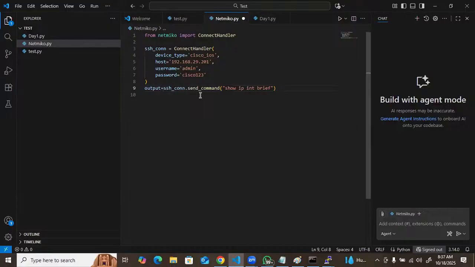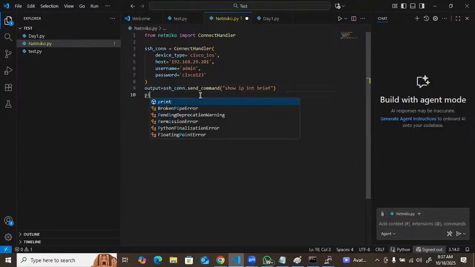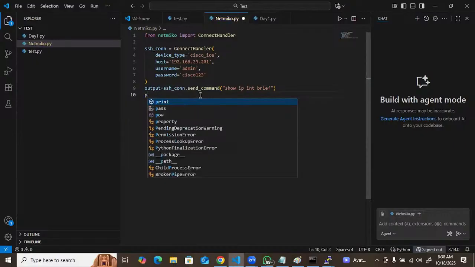The Python basics and configuration will take around 15 to 20 hours of training. There I will just cover the Python basics. Once the Python basics finish, after that we'll jump on to Python automation, and then after that we'll jump on to Ansible. Got it? So this is just an output. I'm going to print the output.